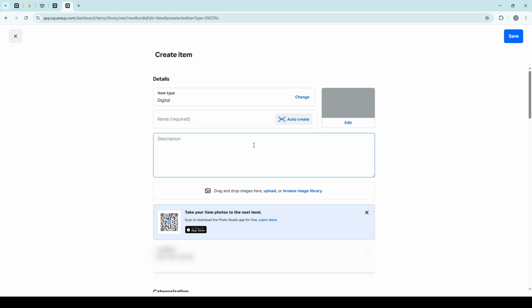Then, upload a compelling photo of the product. High-quality images not only attract customers, but also help in better understanding what they can expect. Don't forget to craft an engaging and informative description. This text should tell a story about your product, highlighting its unique features and benefits, and convincing potential customers why